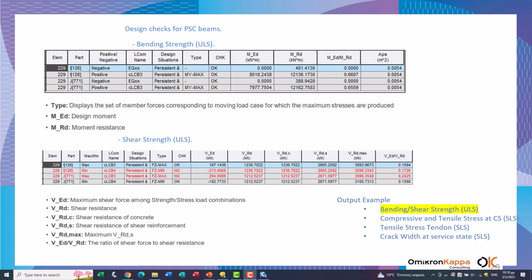For the worst load case scenario, positive and negative bending moments are taken into account, and the moment resistance is calculated according to the reinforcement used. Also, the shear strength of the beam is checked.